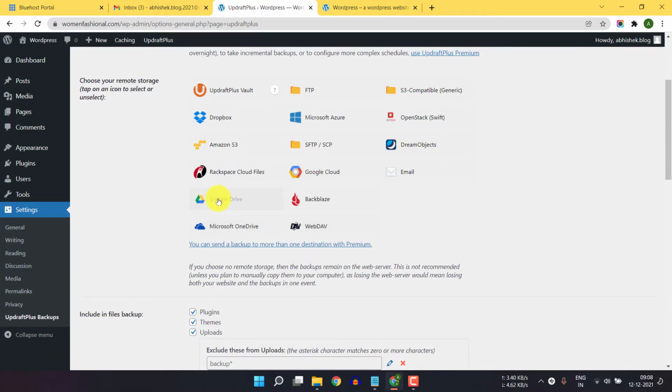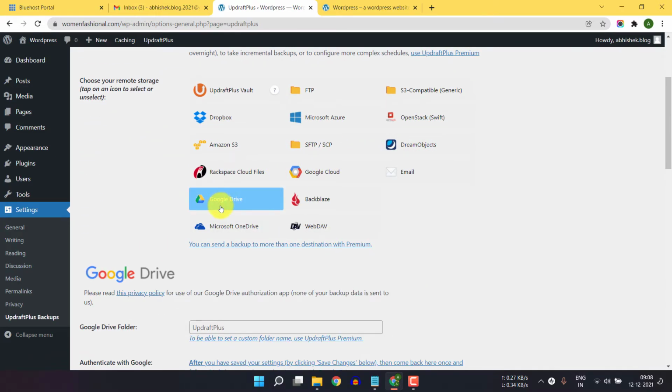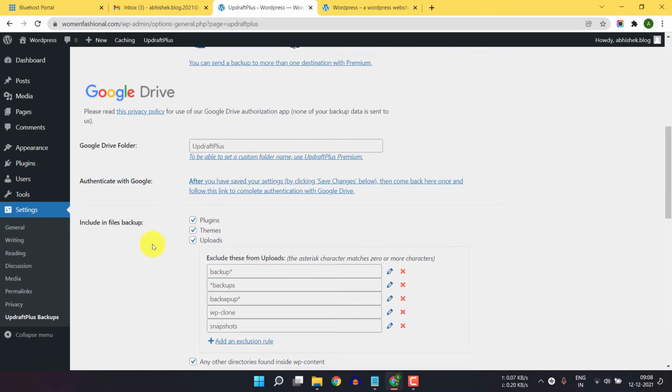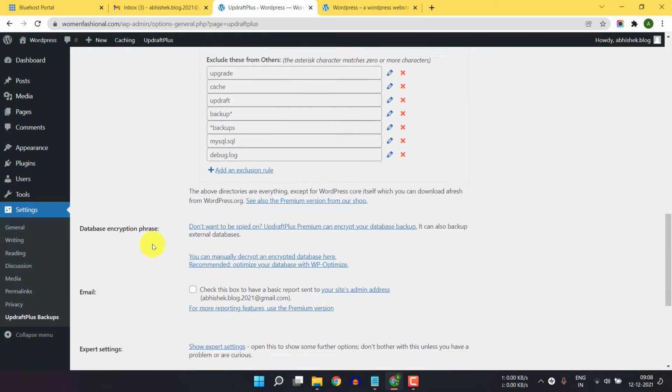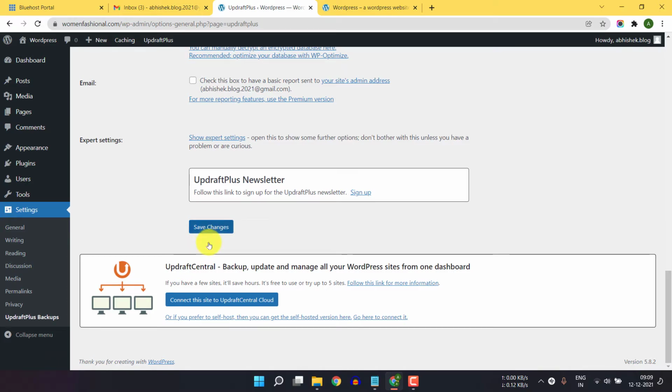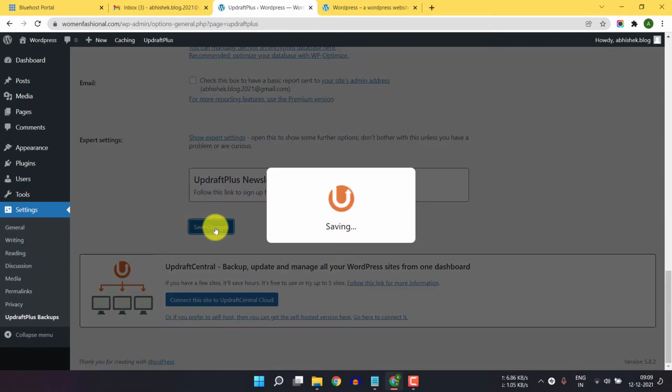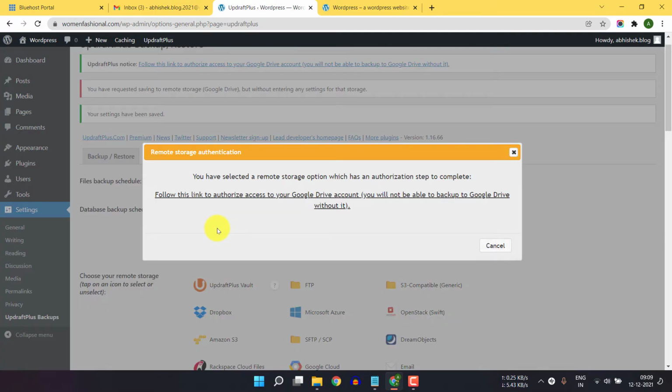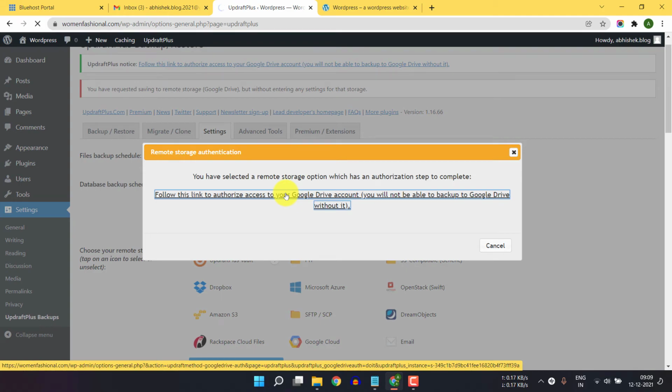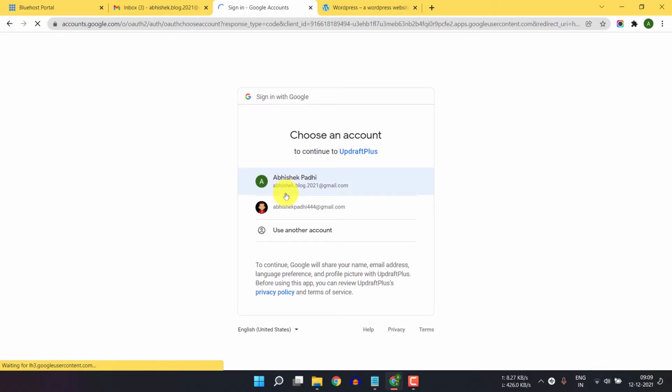After that, in this case I will click on Google Drive. Okay, now just scroll down and let me click on save changes. Now it will ask you to authenticate this Google Drive, so just click on this, follow the link, and it will ask you to sign in with your Google account.